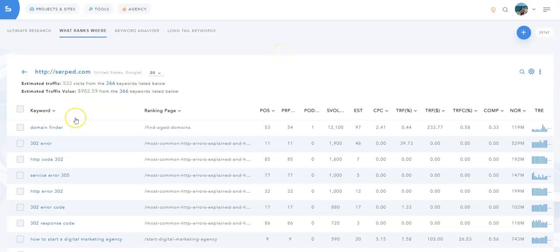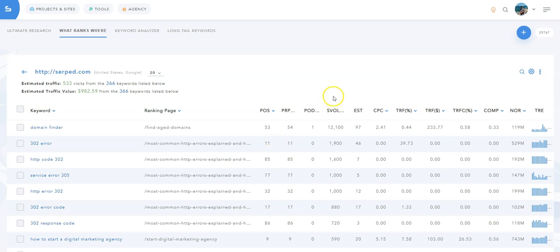Here are the results. Here we have the list of keywords and phrases the whole site or URL ranks for, with the ranking page, current position, previous position, and position difference. So if you run this search for your own site or client site, you might find keywords you did not know you ranked for and find keyword opportunities. For example, we rank 11th for this term. With a bit more work, we could probably enter the top 10 and get more exposure. And if you run this search for a competitor site, you might find plenty of keyword IDs, so keywords you can target as well, or even topic IDs for your blog, for example. Please note that these positions here can be a few days old, so don't consider them as today's exact positions.